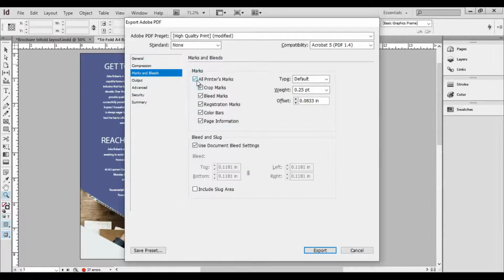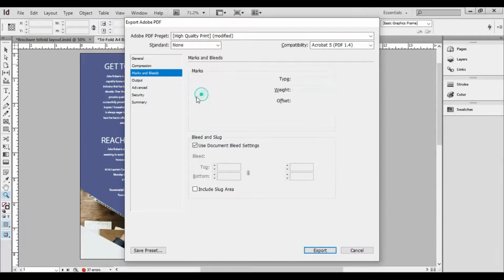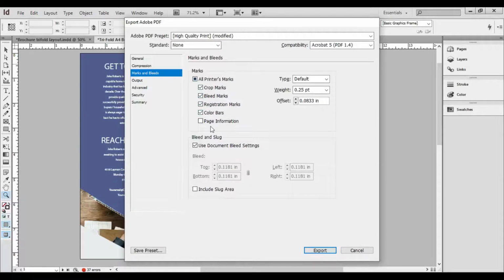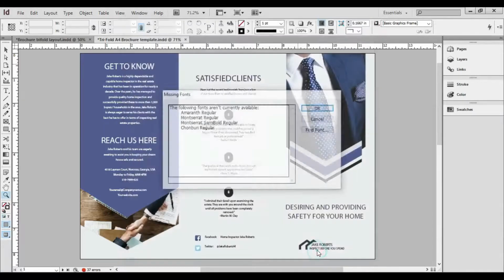If you want all the printer marks, you can select this. Otherwise, whatever marks you want, you can select those. Suppose you want crop marks, bleed marks, color bars, registration marks. You can select whatever options you want and click on Export.